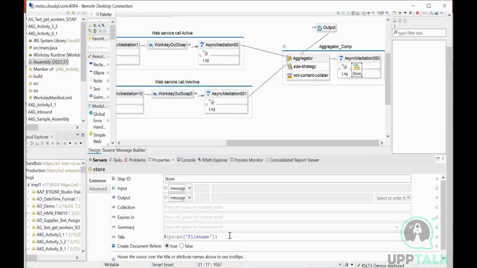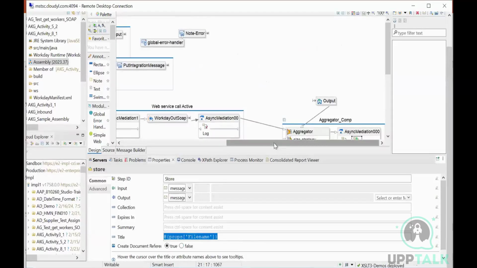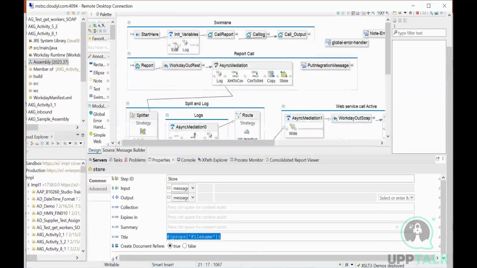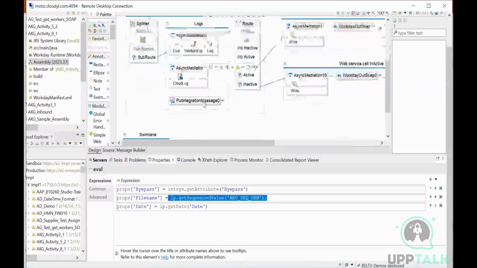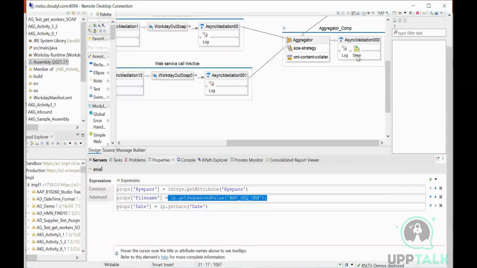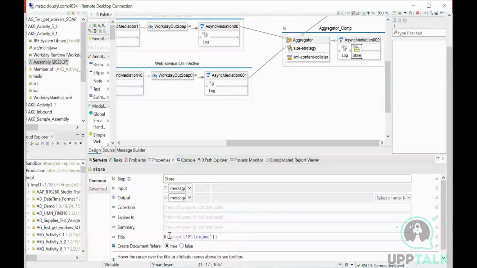Instead of that hard-coded file name, we can pass the property where we are storing the sequence generated value. We'll put it here, same thing within curly brackets, the property name. We'll save it. Now, once you deploy the same to your tenant,